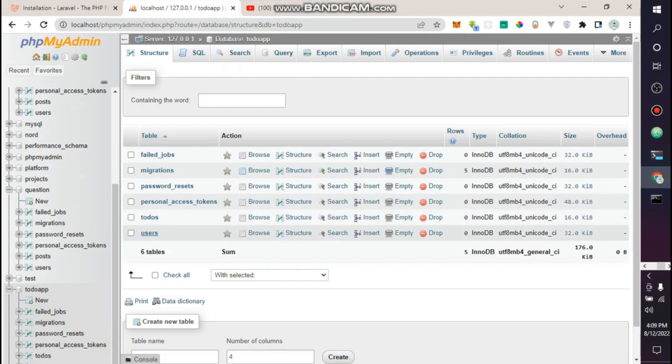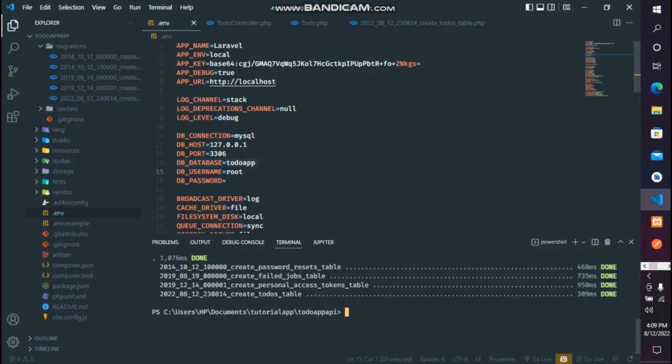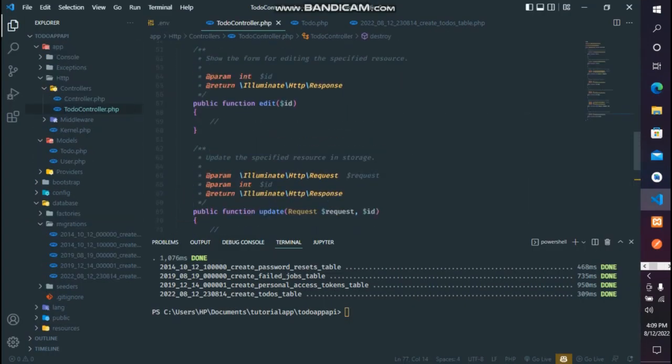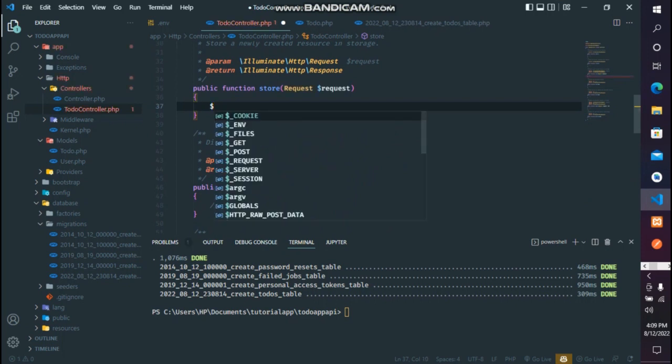You can see we have our to-dos here, which is of title and body. Good. So the first one of these is create. To create, we're gonna be using a store method in this place. For the store method, first one of these is validate. So let's go ahead and do